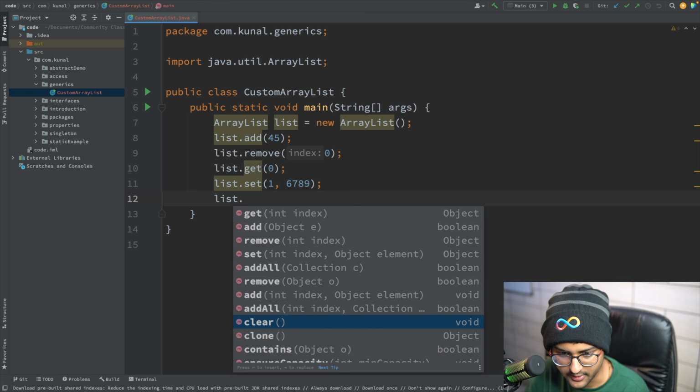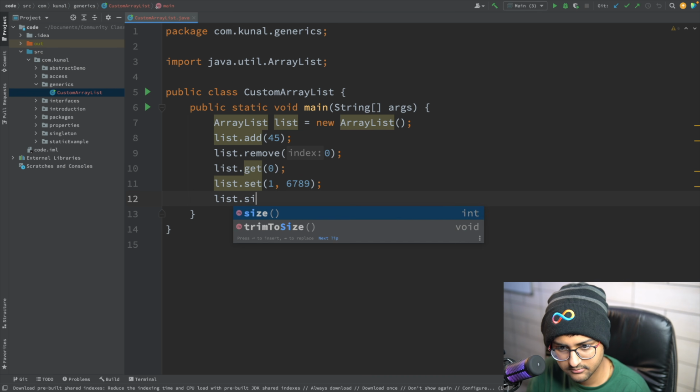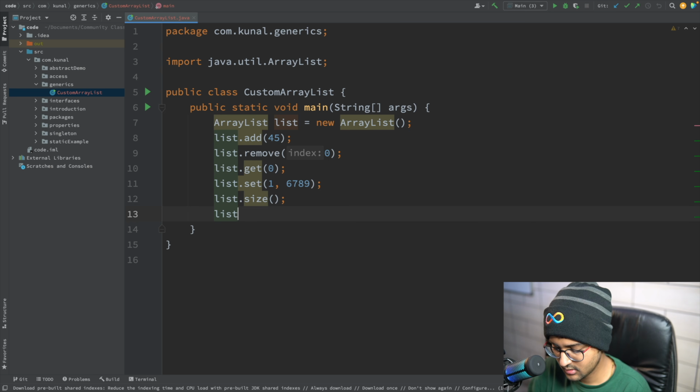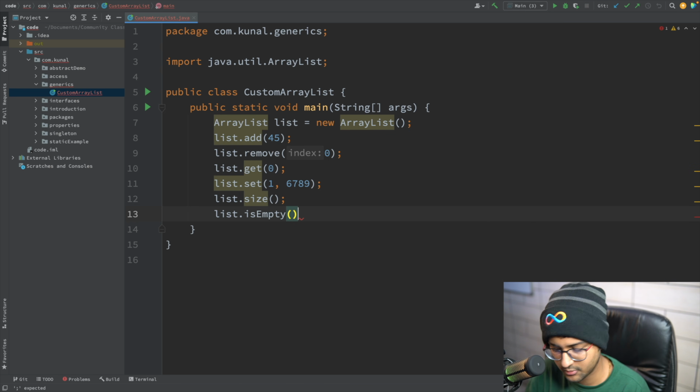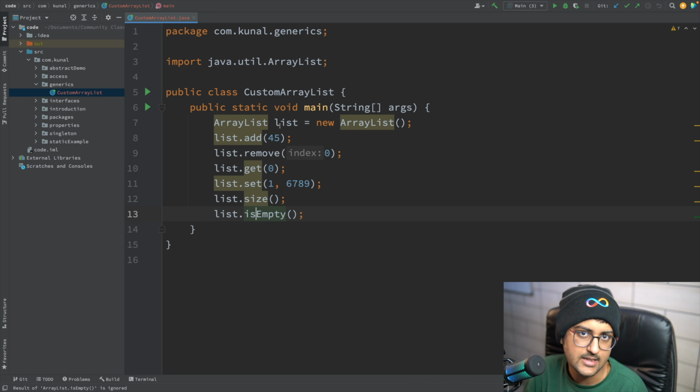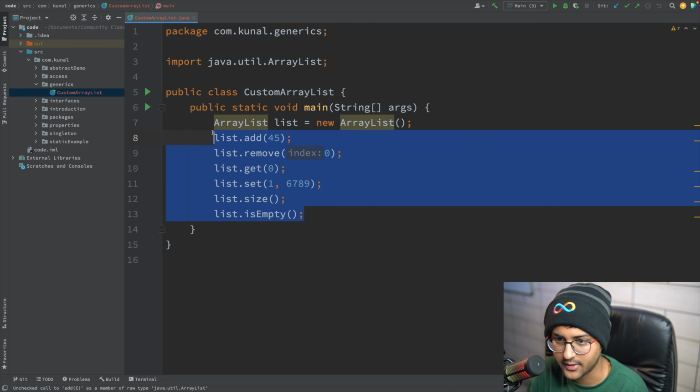What else can we make on our own? Clear is easy. Size, isEmpty, we can make those also, no problem. These are a few examples of the methods that Java's list provides us. We'll try to make all of these on our own.